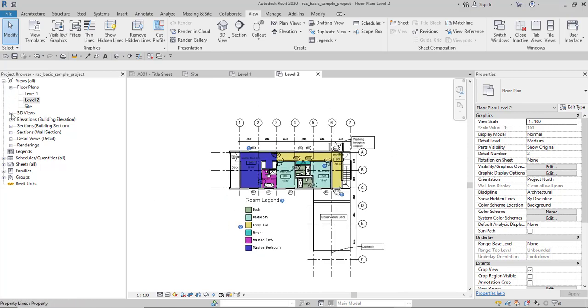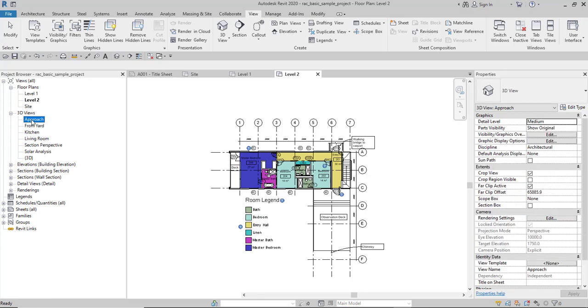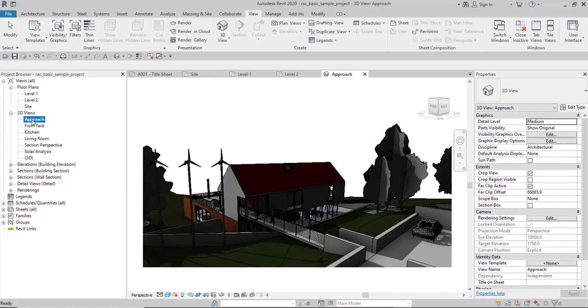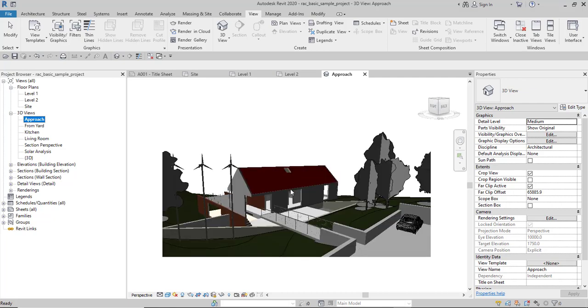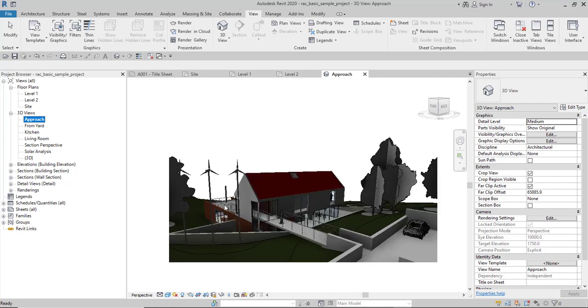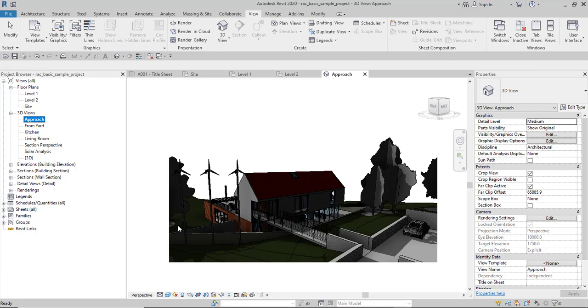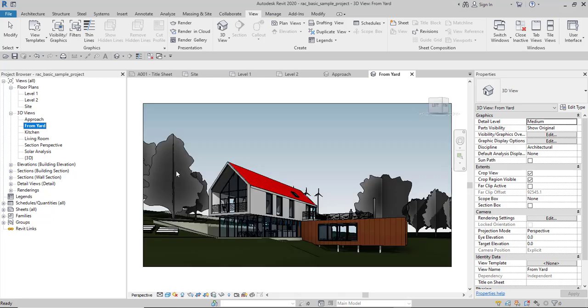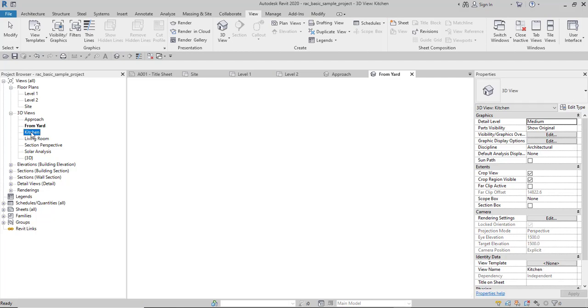Okay, now let's look at the 3D views. I'll open the approach view. Now, this is the approach view of the project. It's very dark, it's not clear, but that's what it is. Let's open from the yard. This is from the yard of the property. You can see the building from the yard as it is over here, and this gives you a 3D impression of it. From the kitchen,